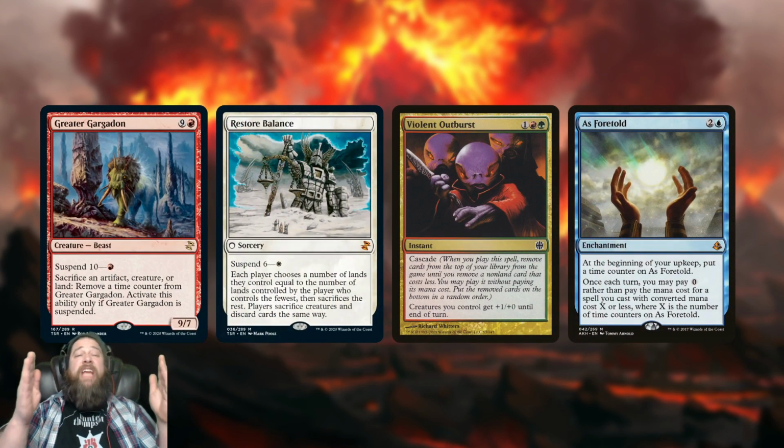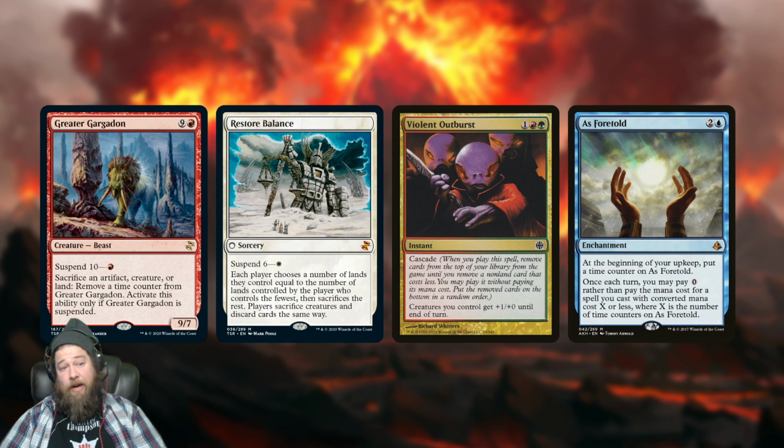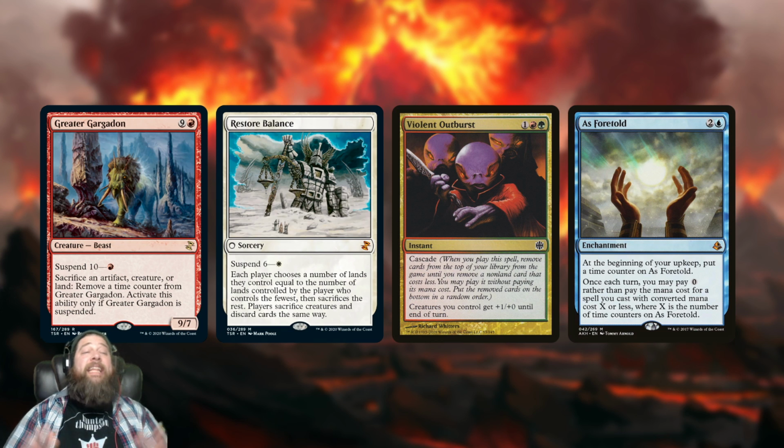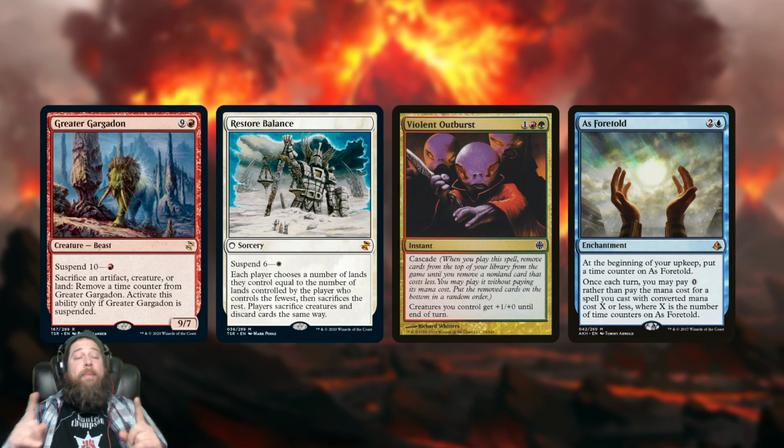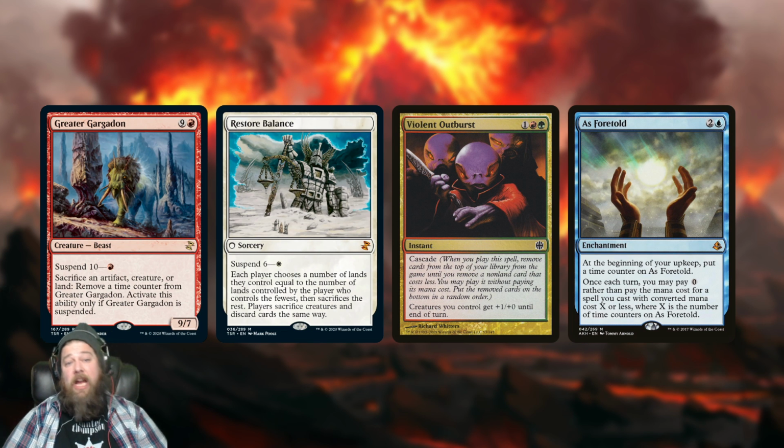of the best creatures in a very specific archetype, which is Restore Balance, also being reprinted, one of my favorite decks in Modern. And the idea is you suspend Greater Gargadon, and then you could use like a Cascade spell or As Foretold to cast Restore Balance, and then with Restore Balance on the stack, you sacrifice all of your lands, and then your opponent's going to have to sacrifice all their lands, but in theory, you got As Foretold, so you can still cast spells, or maybe you got some Border Posts to make mana,